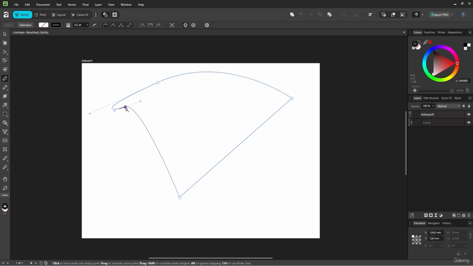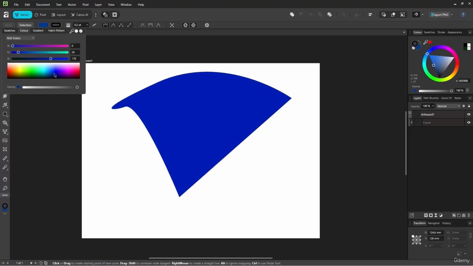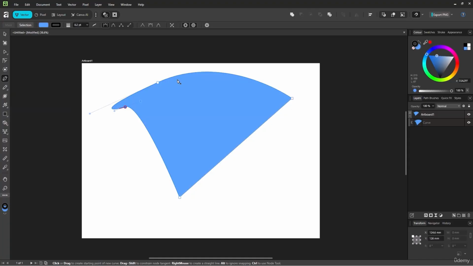As you can see, it has already connected the dots on the exact same spot where we started. So it is now connected. It is a closed shape now. We can also click on the color panel, and now we can change the color of this shape as well. This works exactly as the pen tool works in Photoshop or Illustrator, so there is nothing